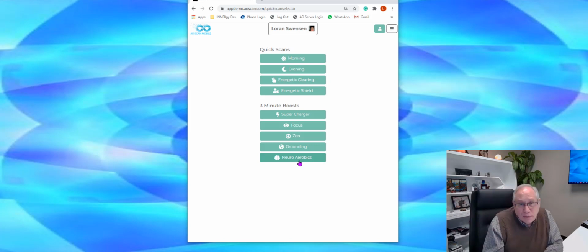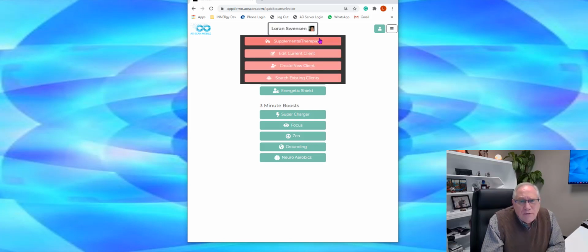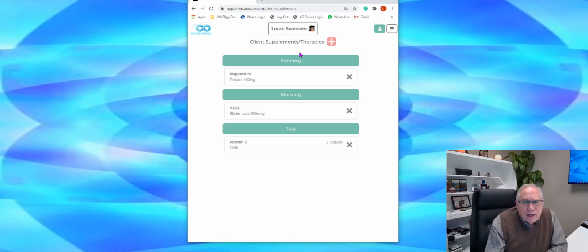All right, so here's what's really exciting about this. If you go up and you click on the profile, it will give you these four options: supplements and therapies, edit a current client, create a new client, or search for an existing. Now I already have my profile up, and I want to start to build my library, and this is something that you're going to want to start doing next week. So you click on that, and it comes up with